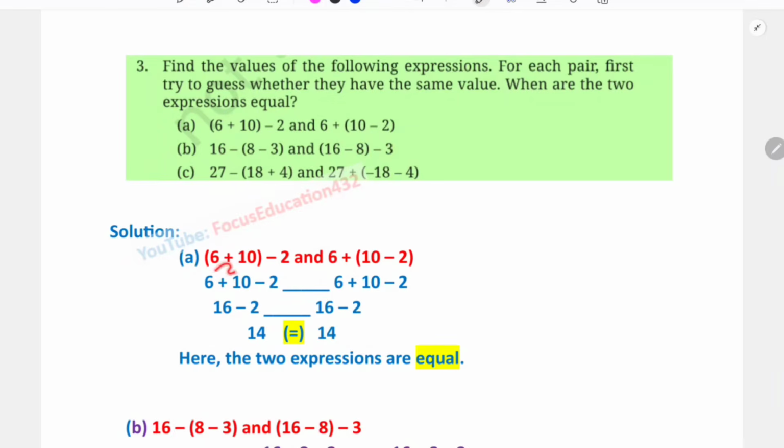Now first question, first bit. 6 plus 10 in the bracket minus 2, and 6 plus of 10. This is the question. The red color is the question here. Now what is the solution? If we remove the bracket,